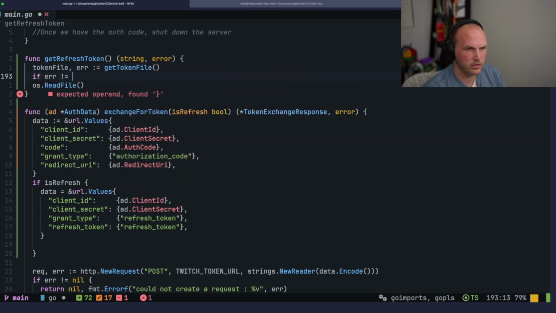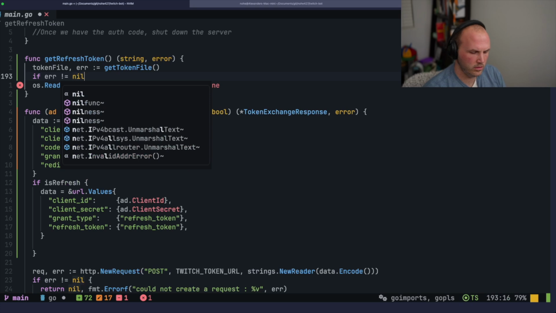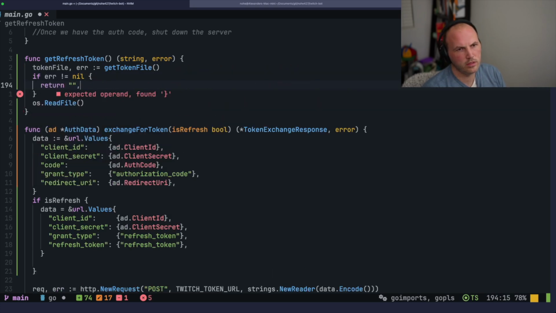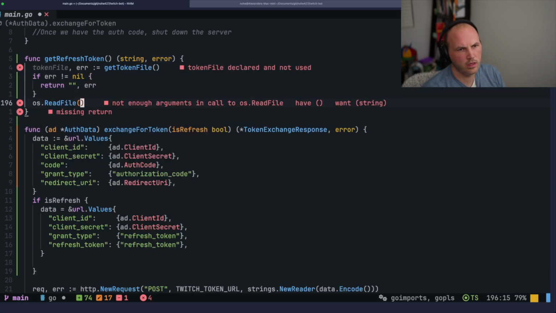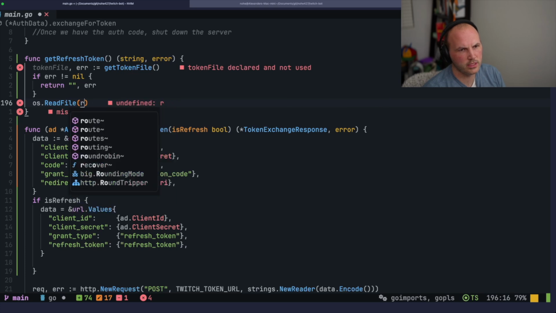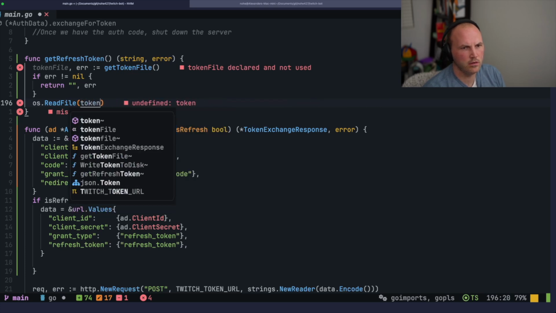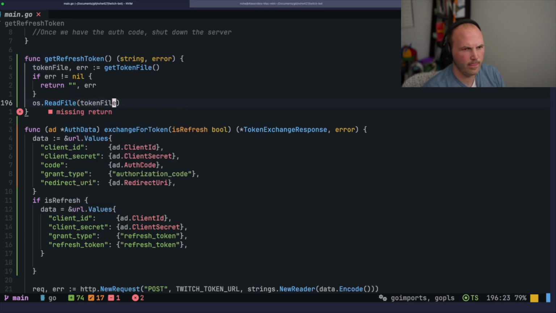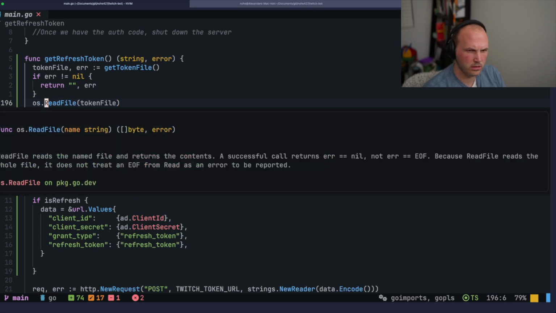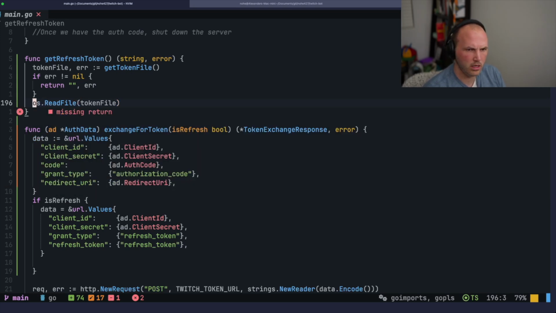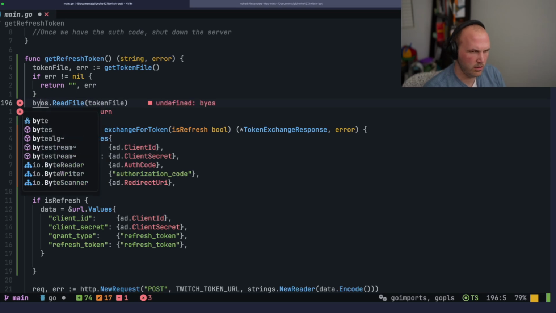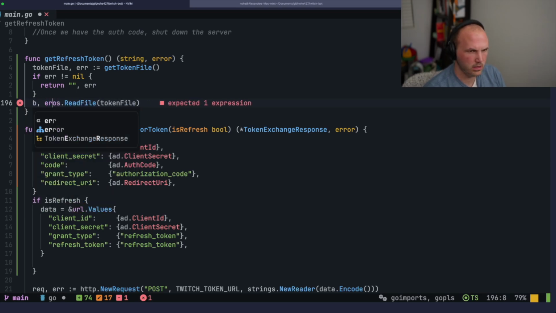If error does not equal nil, return error. Okay, and then in ReadFile we'll pass in the token file, and then that returns bytes, right? Yeah, bytes and an error. So we'll say bytes, error,